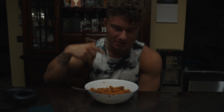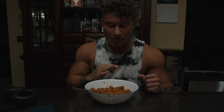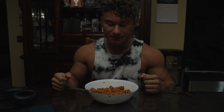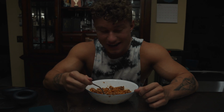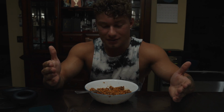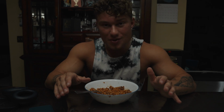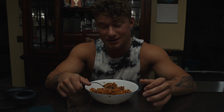Oh, and the tomato sauce makes it so easy to go down too. So if you struggle eating food, this is so much easier than just eating beef and rice. So, yeah. That's meal 5, and then we got one more meal to go today because on my meal plan, Kyle upped my food and gave me an extra meal, which is lovely. I love that. So, we'll catch you guys at meal 6, and then give you guys the total macros for